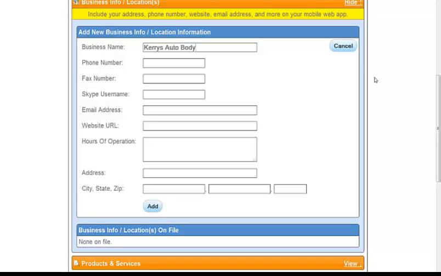Put the name of the business, my phone number, my fax number, my Skype username if I have one, my email address again, my website URL, hours of operation,